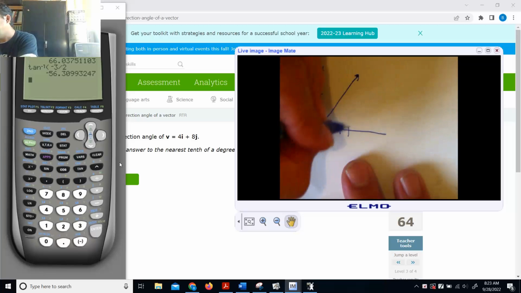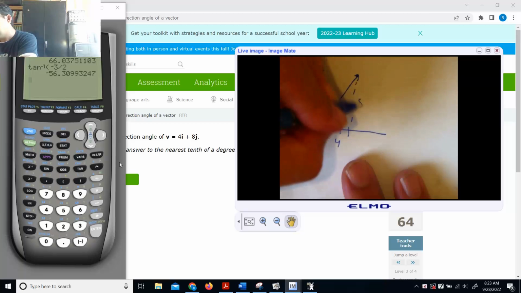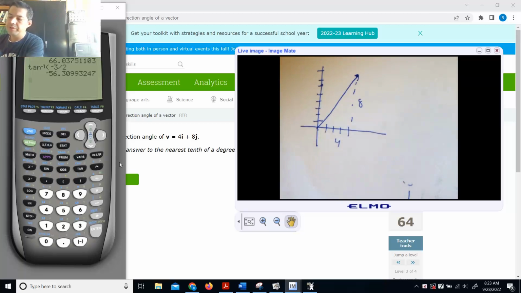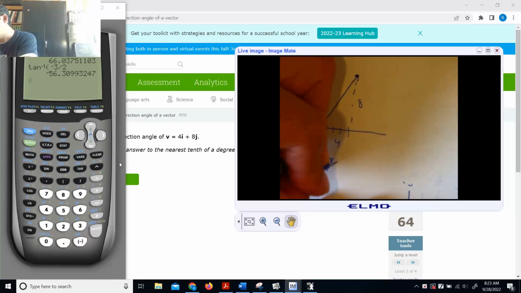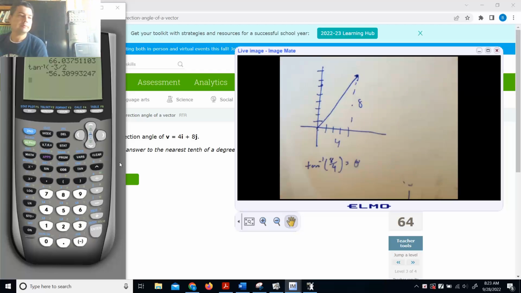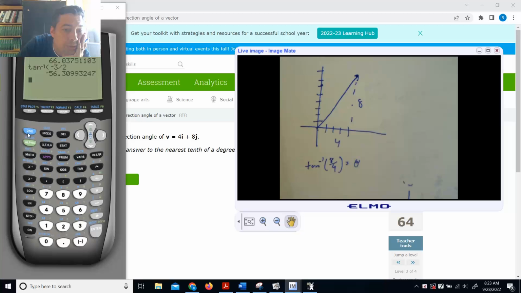So think about your triangle. 4, 8, it's in quadrant 1. You can trust whatever your TI-84 tells you. This would be the arctangent of 8/4, or 2, whichever number you want to use, is theta. And whatever the calculator spits back on this thing, you can trust. Arctangent of 2,